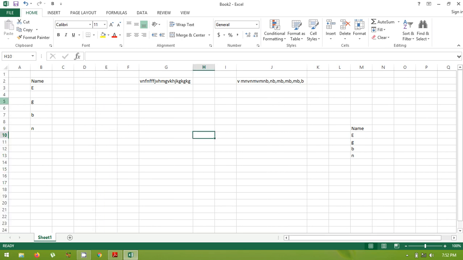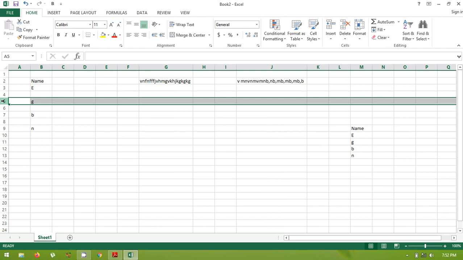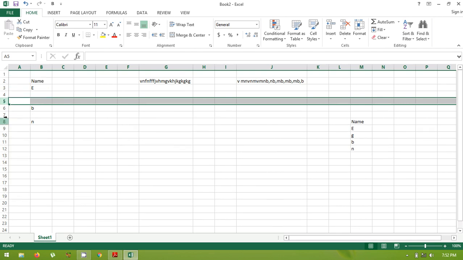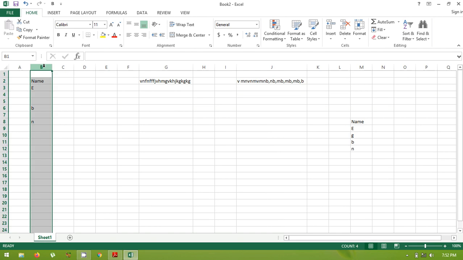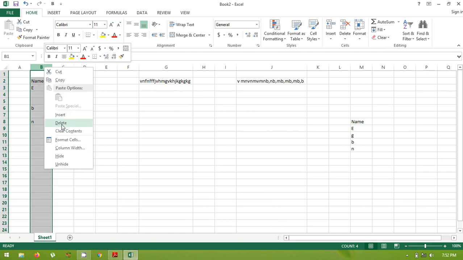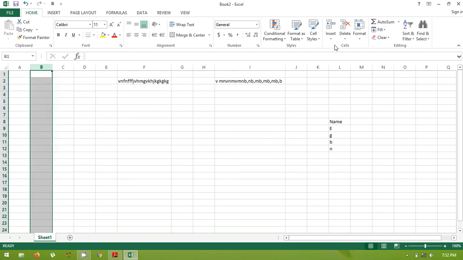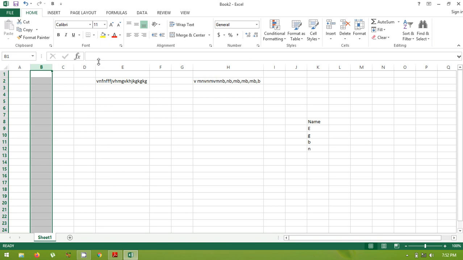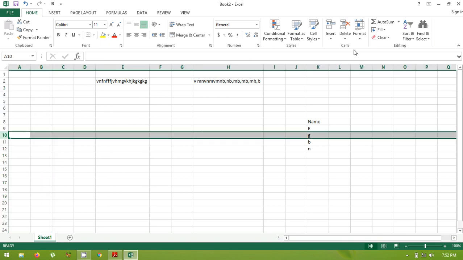Next, if you want to delete, select it. I want to delete this, right click and delete. Or if you want to delete this, right click and delete. Same, you will find the option from here also, delete sheet columns. Or this row I want to delete, go here and delete sheet rows.